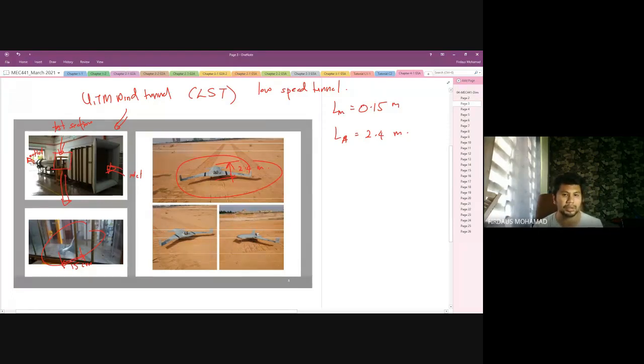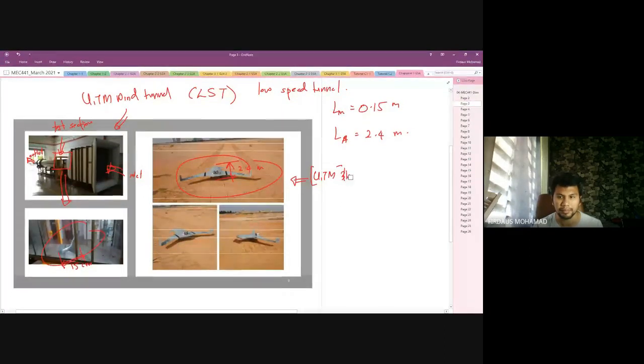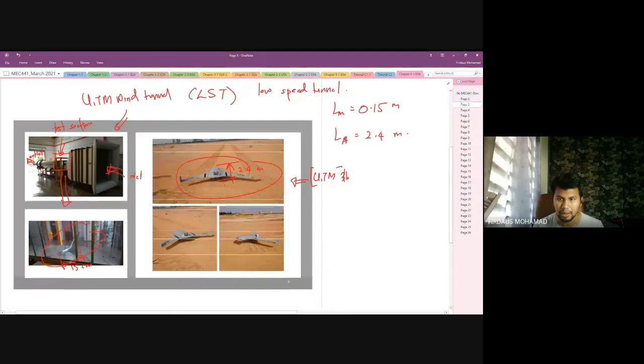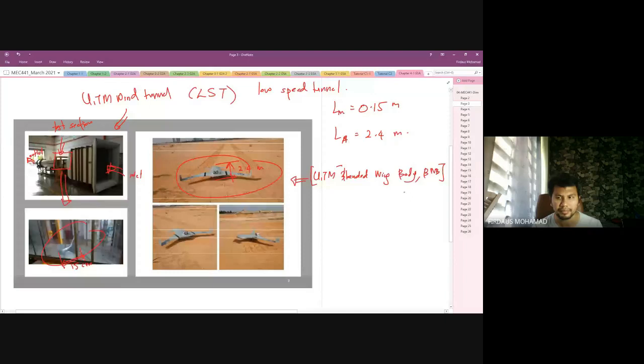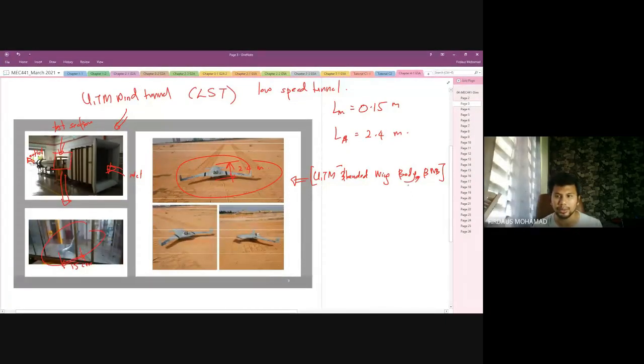UITM, kita namakan dia UITM blended wing body. Yang ni ada dekat mechanical you all boleh tengok. This is UITM blended wing body. Pernah dengar perkataan blended wing body? Tak pernah. So blended wing body is a new